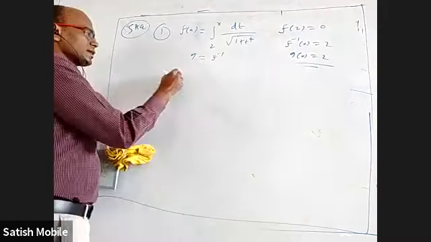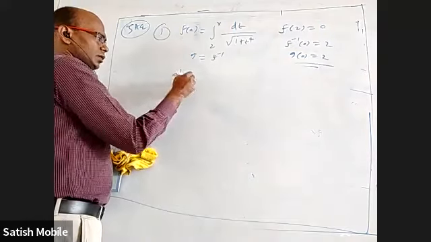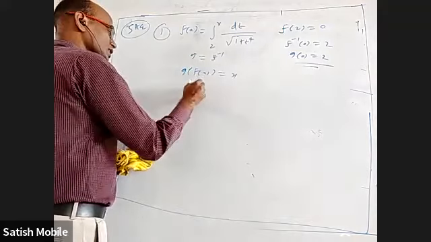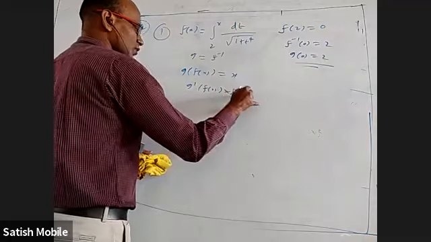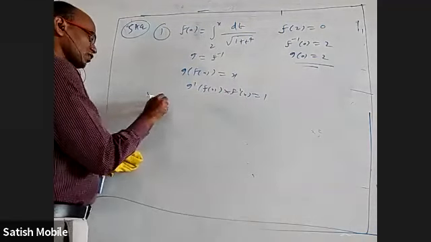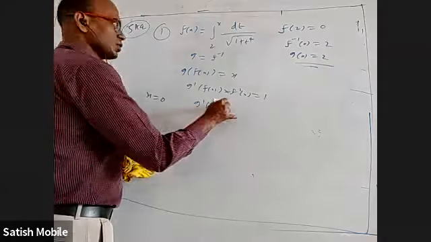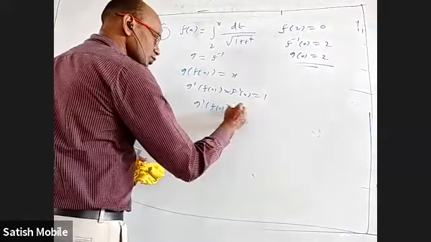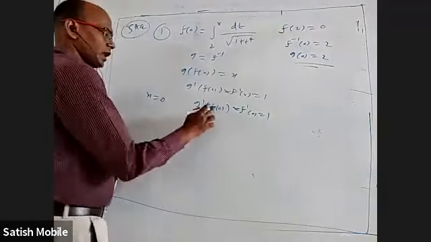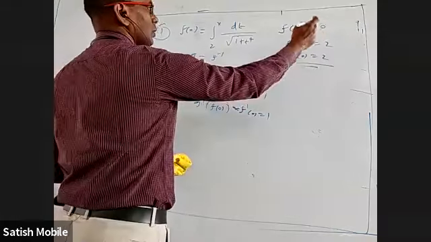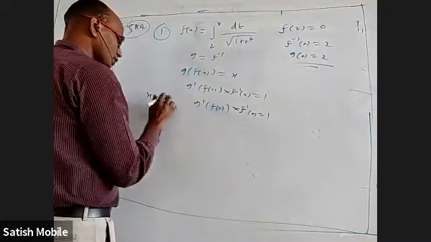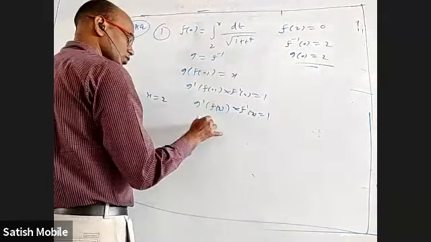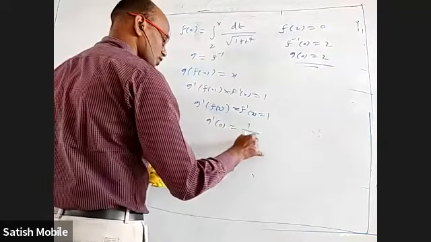According to our definition for g', okay, I can derive it once again if somebody wants. Take g(f(x)) equal to x, differentiate: g'(f(x)) into the inner part f'(x) equal to 1. Let us put x equal to 0 in this. We'll get g'(f(0)) into f'(0) equal to 1. f(0) is 2. No, f(2) is 0. So let me put x equal to 2 then. 2 here, 2 here. Now this becomes 0. I'll get g'(0) equal to 1 by f'(2).